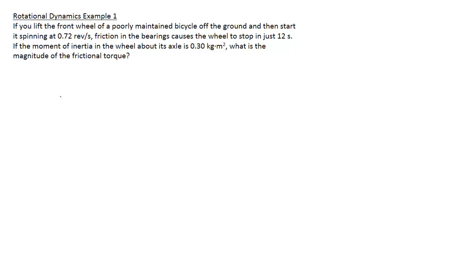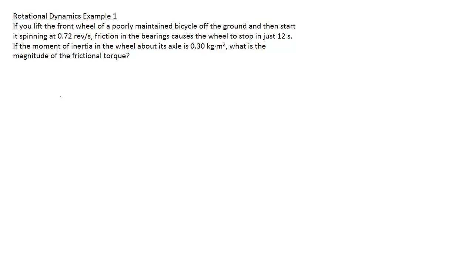This problem is a good example of how we can use our rotational dynamics to solve a problem. If you look at the problem, we have some information given to us about this bicycle wheel that is spinning at a certain angular velocity, and we have friction that's causing the wheel to slow down and then come to a stop in a certain amount of time. We're also given the moment of inertia of the wheel about its axle, and we're trying to find the magnitude